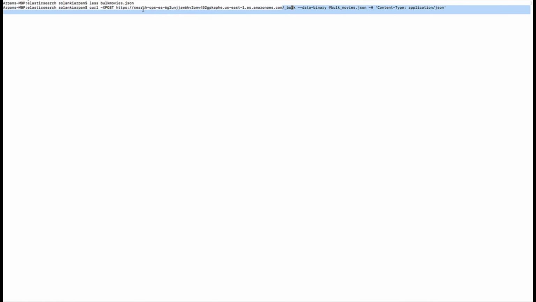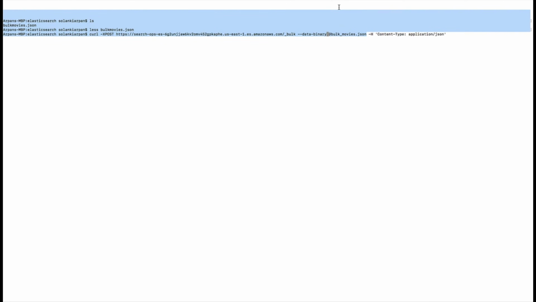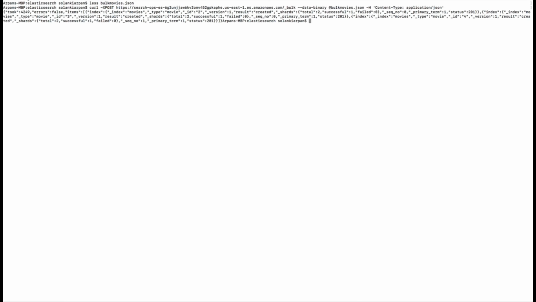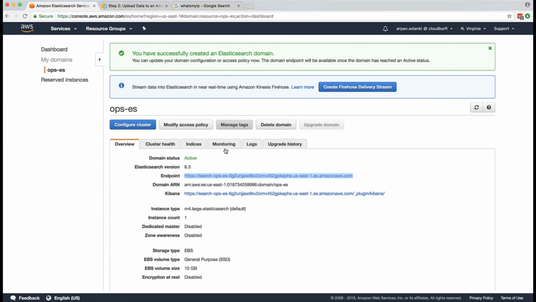What I'm going to do is use this command. We're going to do a curl, and we're going to do a post, and this is our cluster URL /_bulk, and this is our movies.json file, and the content type is application JSON. I'm just going to hit enter, and now it's going to upload the data to our cluster. And once it's done, we can go back to our cluster. We can copy the Kibana URL